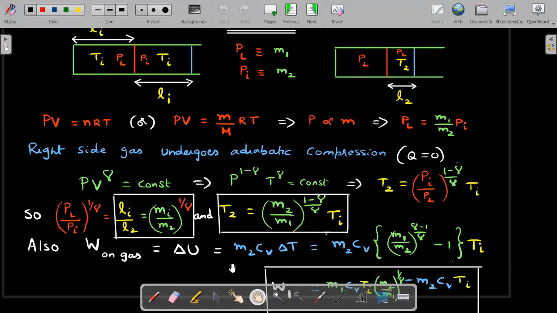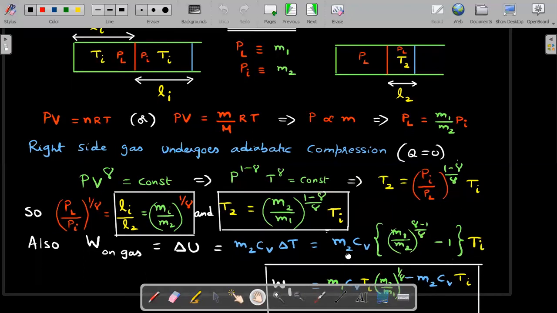And the value of delta U here, remember CV is small cv, not capital CV. CV is per unit kg, as he gave, right? So instead of n CV delta T, I'll use M. Which mass is undergoing all this process? The right side, which is M2 mass, therefore M2 CV delta T. Delta T is nothing but T2 minus Ti, and I substituted this one, and I'll keep this one. And actually, when I went to the last step, I needed this form to be written as a separate term.